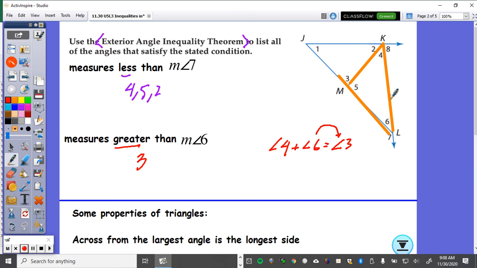Okay, now if I'm looking at this triangle right here, there's no other exterior angles to this triangle. Okay, no, 7 is an exterior angle, but I can't say that 7 is bigger than 6 because it's not using this theorem right here. This 3 is not an exterior angle. I'm trying to find out what angles are bigger than 6. So I have to use this triangle right here, or the large triangle, but then again, I don't have, it's not like if I was to go ahead and use,